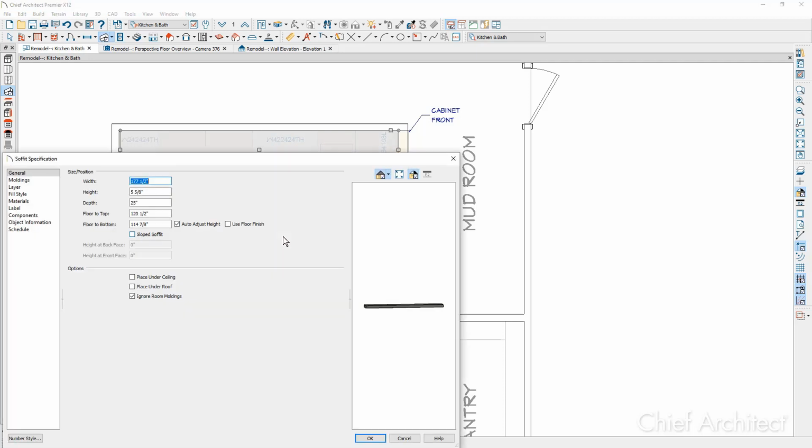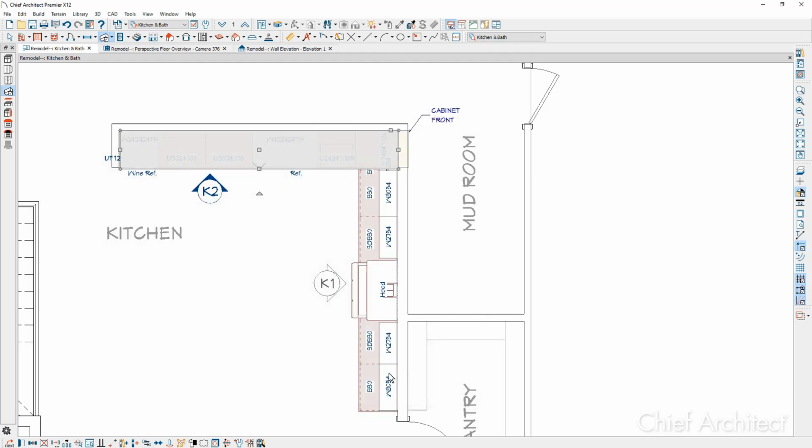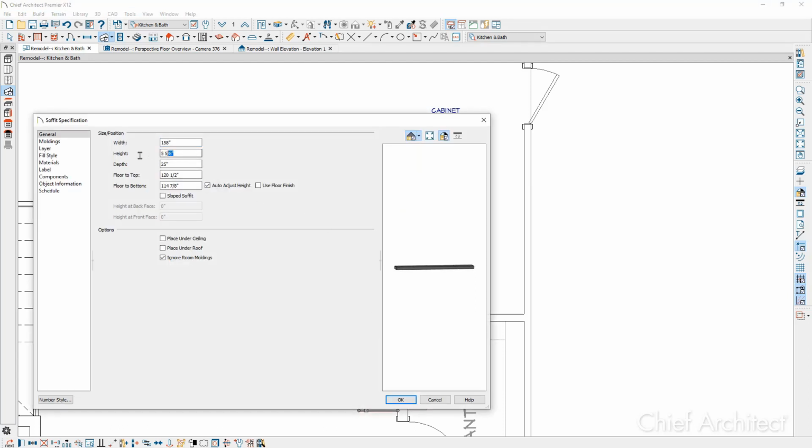Let's go ahead and double click and open up this soffit. And what I want to do in here is go through and make sure that the dimensions are what I'm expecting. On the height, I'm going to probably set this at 6 1/4, 25 inches deep, and then the rest of those settings look fine. Place one more soffit. Go ahead and click in here. And I'll go ahead and pull that soffit to the end of the cabinet run. Again, we'll go ahead and set that also to be 6 1/4.